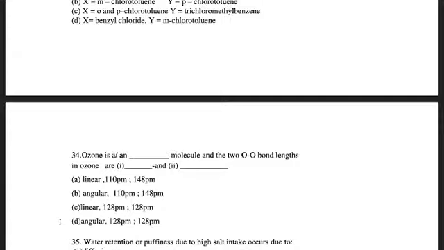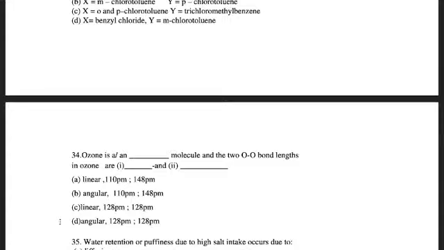C. Linear, 128 pm, 128 pm. D. Angular, 128 pm, 128 pm. Correct. The answer is option D, angular, 128 pm, 128 pm. Ozone is a resonance hybrid of two equivalent structures. So the answer is option D, angular,